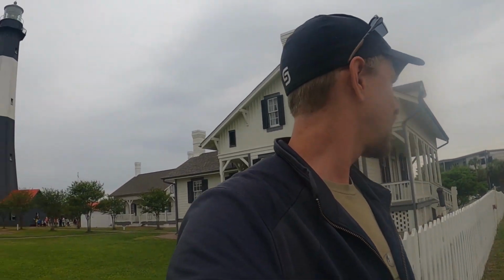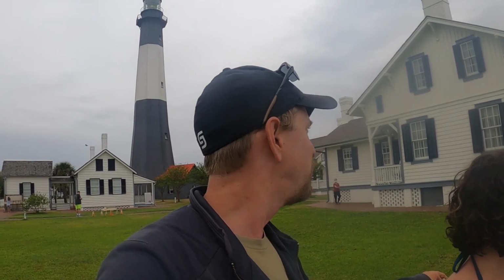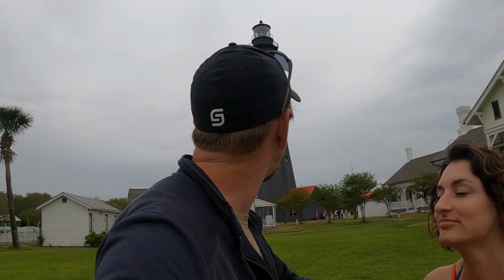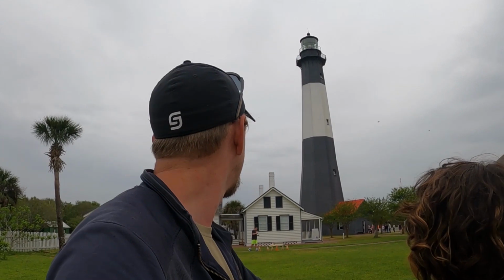At Tybee Island. After the Wormsloe, another historical site. This was the first public building, one of the first public buildings in Georgia. And it's pretty cool to look at. Been here a couple times, but